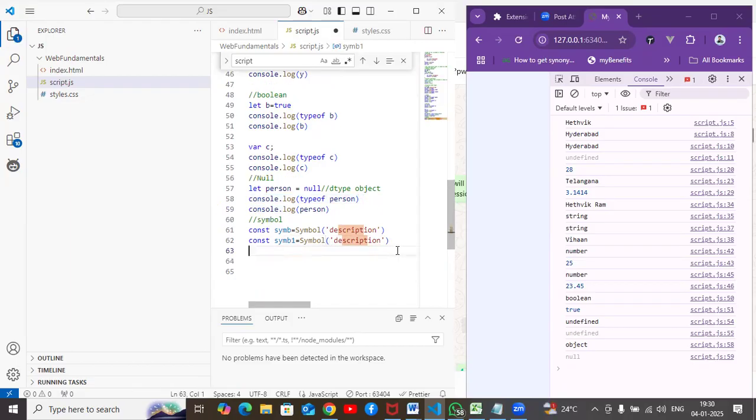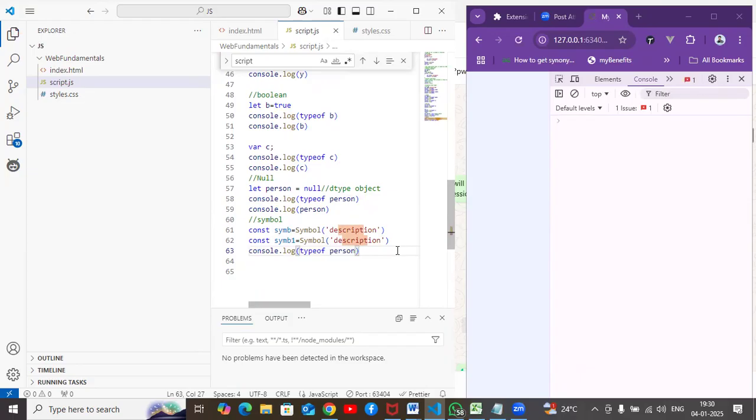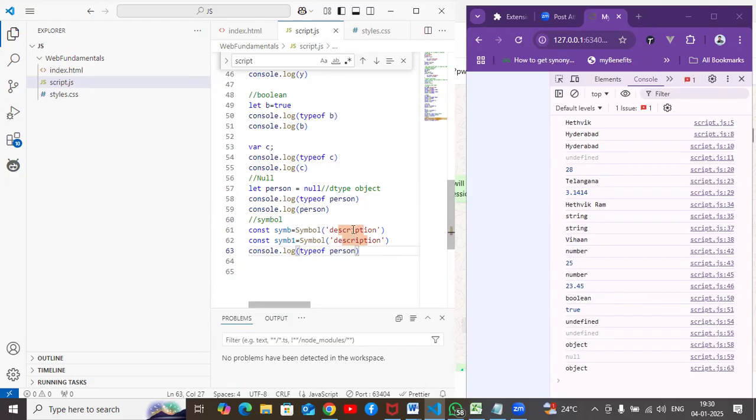Sorry, type of person only I checked right here. See type of symbol. Okay, undefined, type of symbol is not coming. Type of